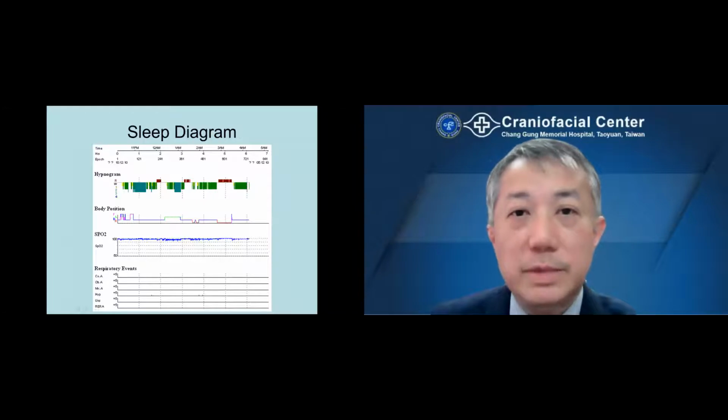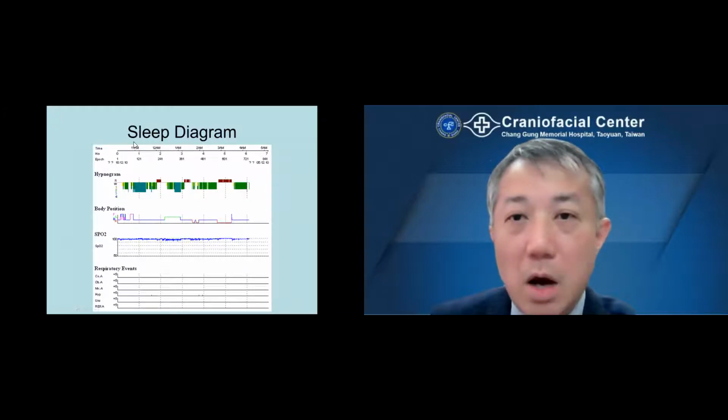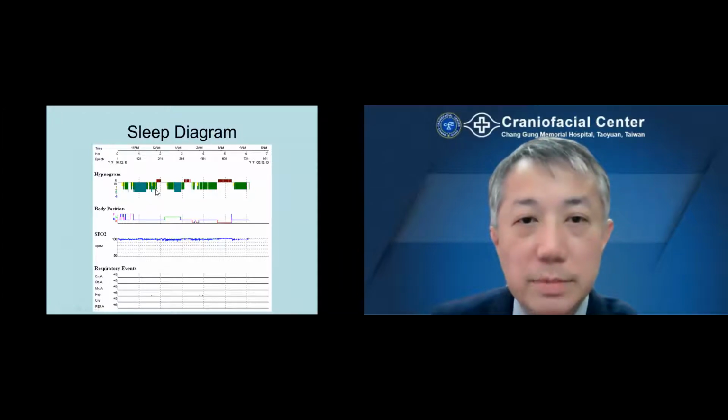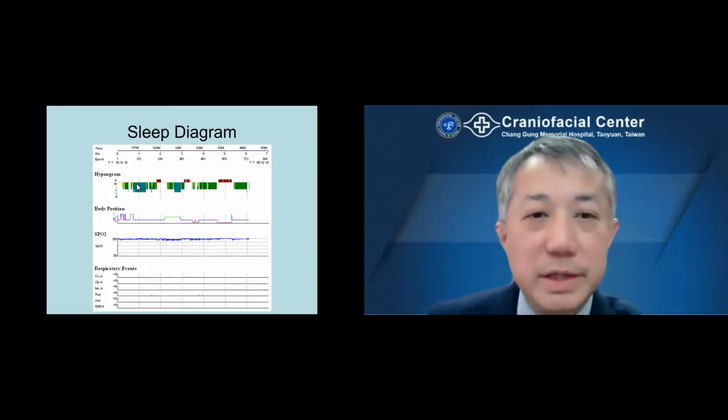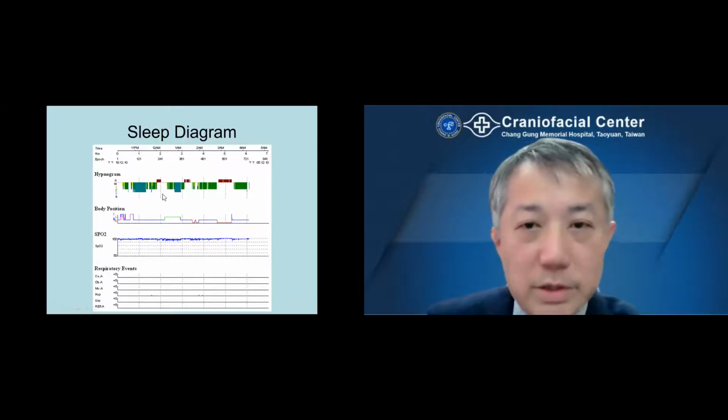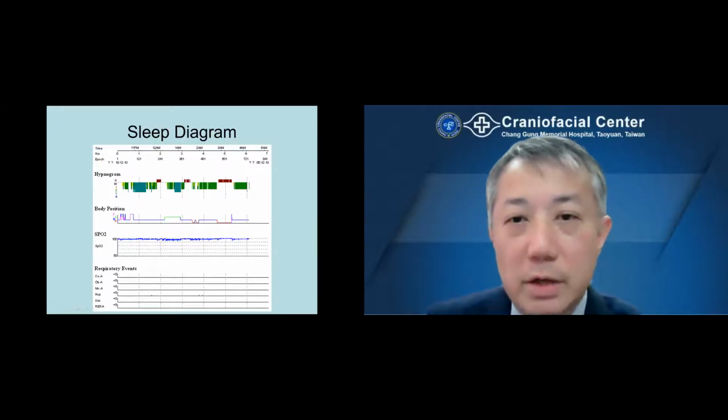So this is a sleep diagram. In the sleep diagram, you can see there's 6 hours of recording, and the sleep structure started from wake, and then stage 1, stage 2, and here's the stage 3 sleep, and then come into a REM sleep. So we call this one from 1, 2, 3, and plus 1 REM. It's one cycle. Each cycle is about 90 minutes. So in one night, we can have 3 to 4